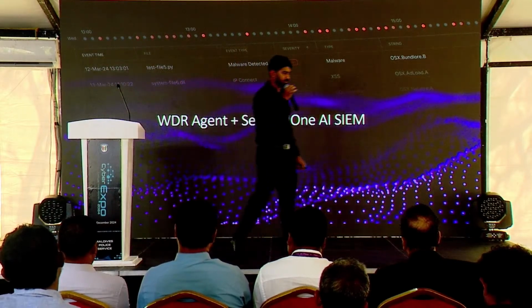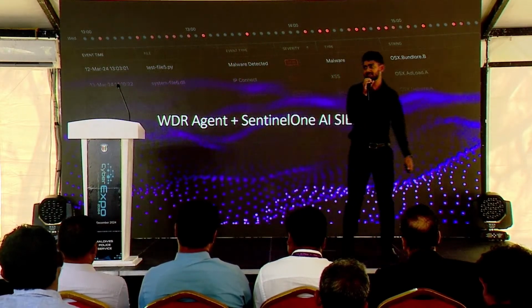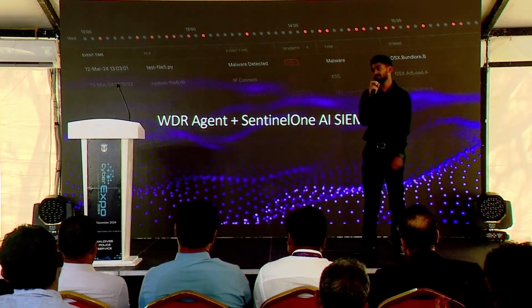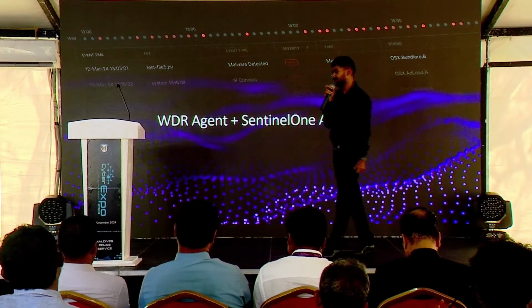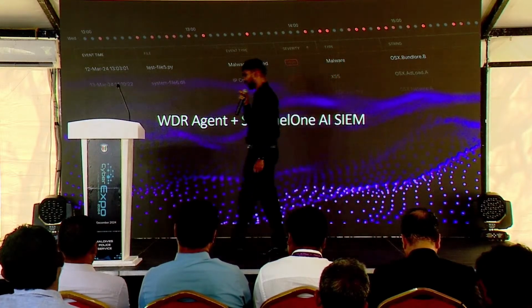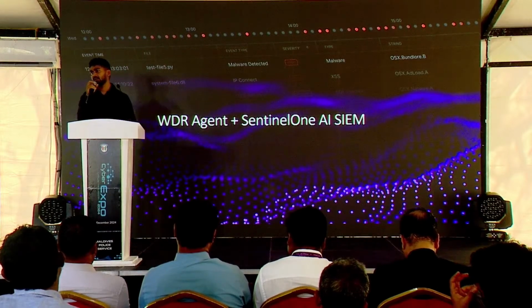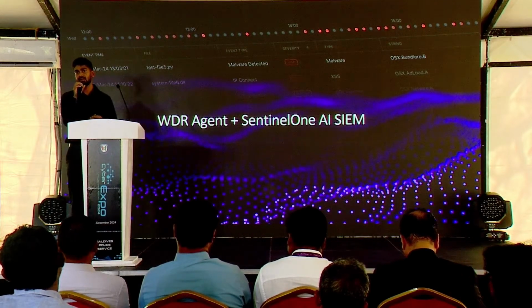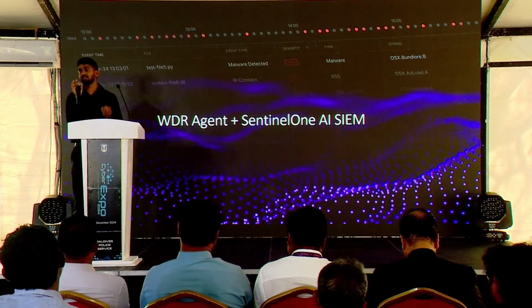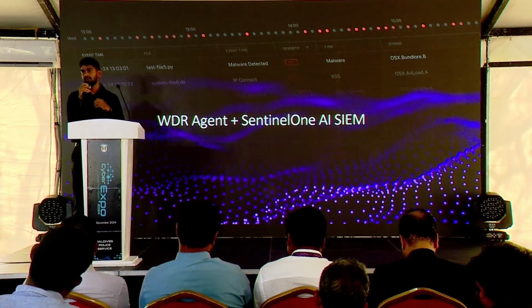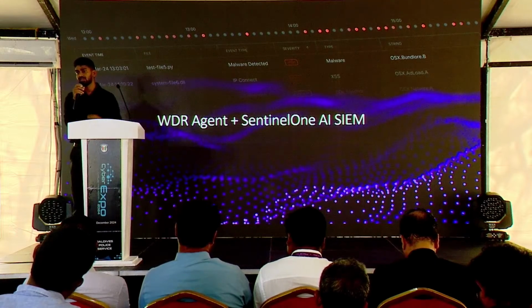We are a SentinelOne partner as well. We understand there's a limitation of human capacity. So we also give the ability to the L1 agents to use AI, where they can easily use AI to understand what is an attack. They can even talk contextually, like they can ask what are the systems, why is this vulnerable? It will explain why it is vulnerable. They can say, can you tell me what ports are open on it, or what ports are being targeted?